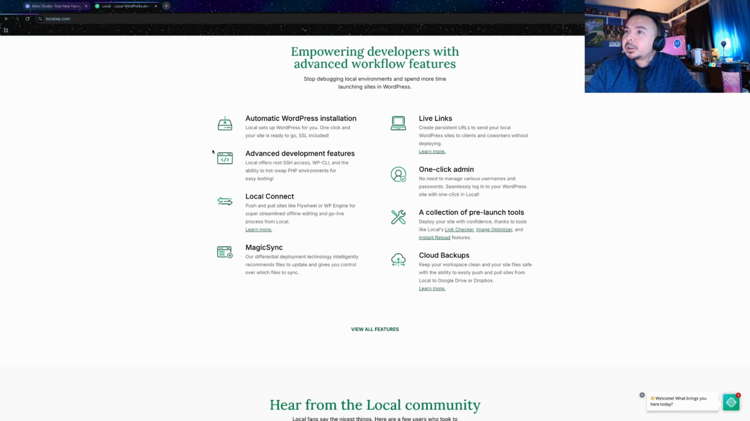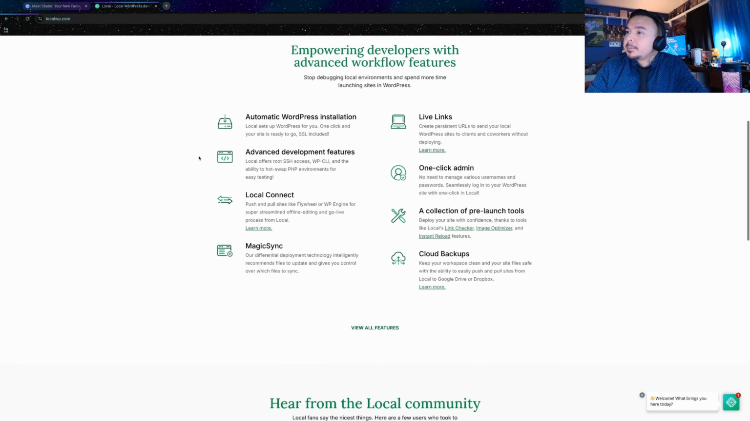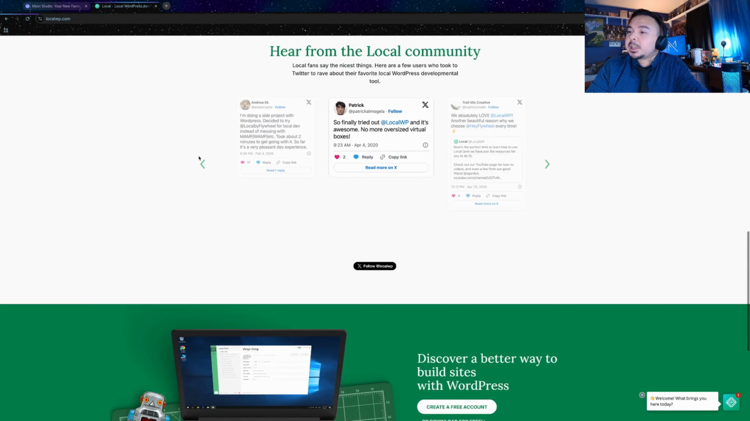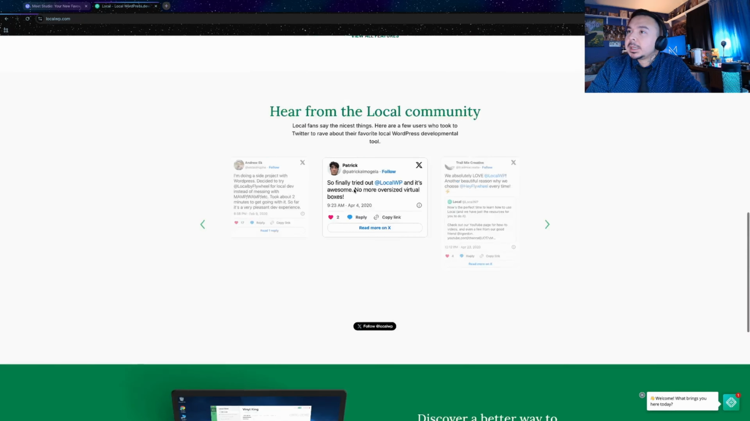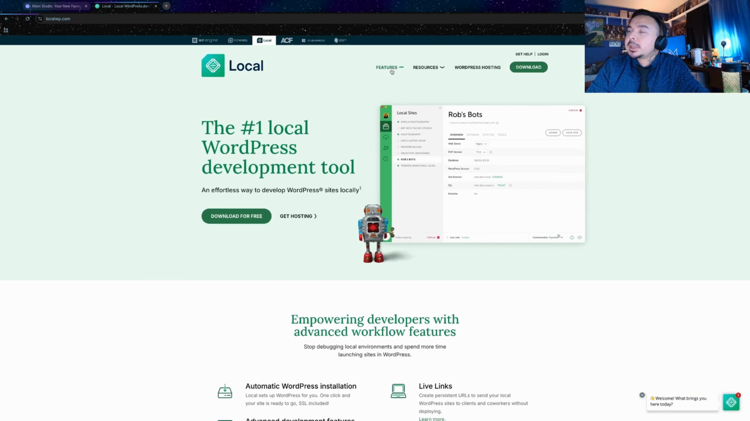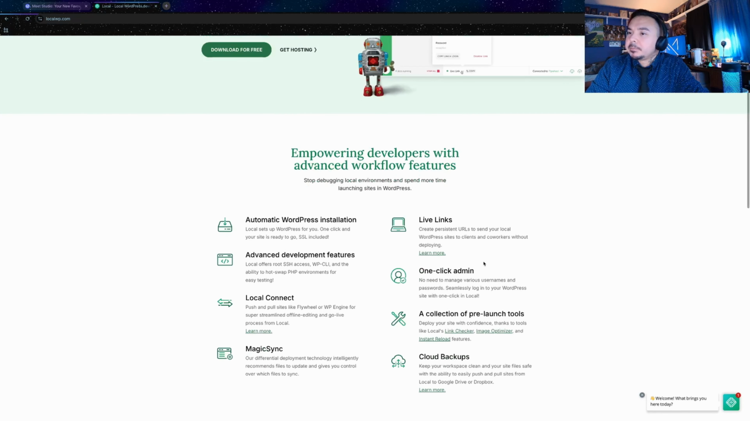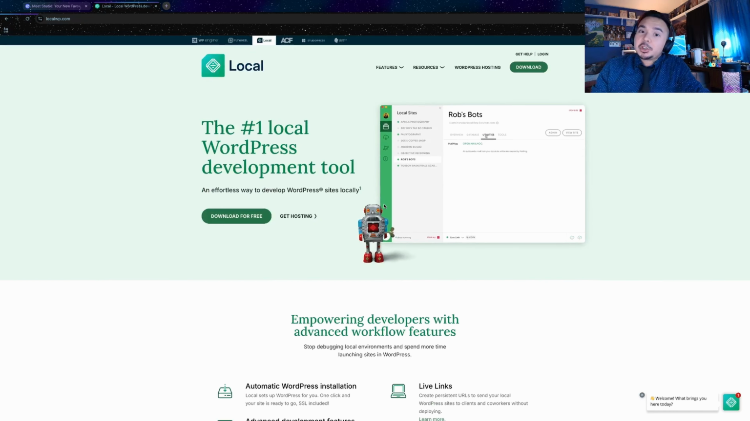And as you can see here, Local by Flywheel is specifically made for WordPress. It's not like MAMP where it's PHP applications that supports WordPress. This is something that works specifically for WordPress. As you can see, the thing with this, and of course, it has Magic Sync. It has live links, so you're able to create staging URLs, and a staging URL is, of course,